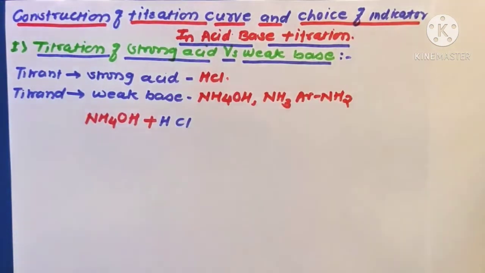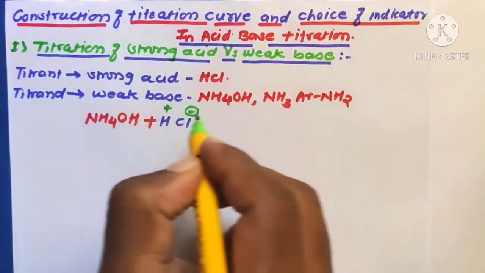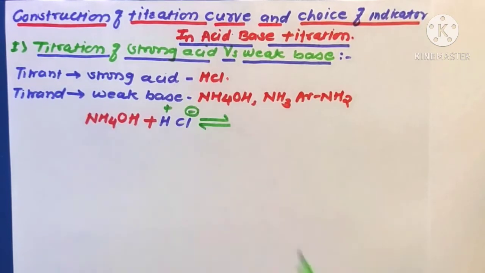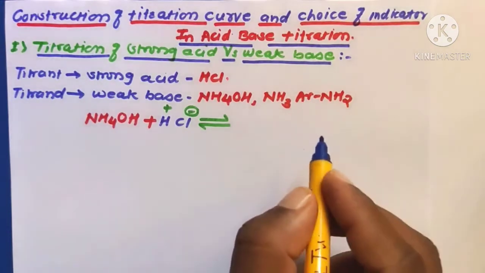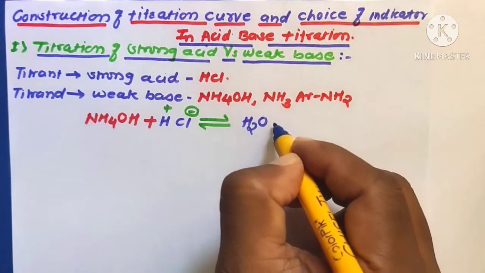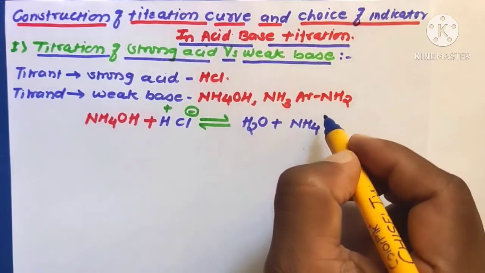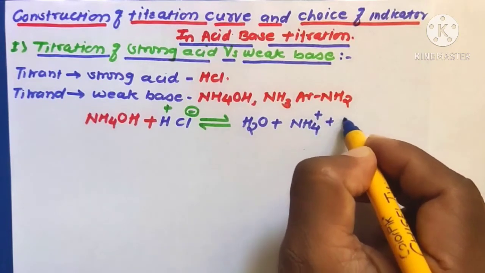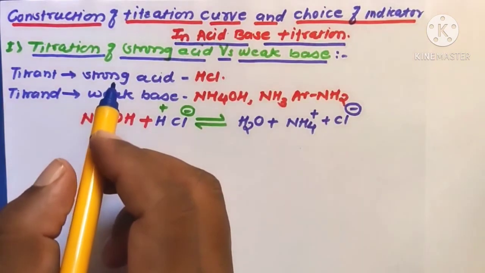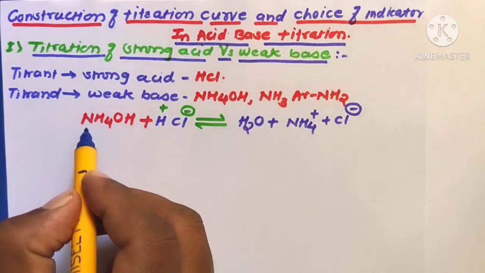Here the H plus ion and Cl minus ions, that is the ionized form of the strong acid, form the molecules H2O plus NH4 plus Cl minus ions. Now at the start of the titration, only ammonium hydroxide, that is NH4OH, will be present